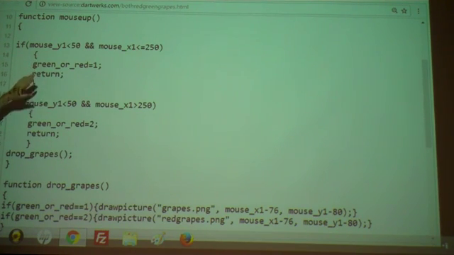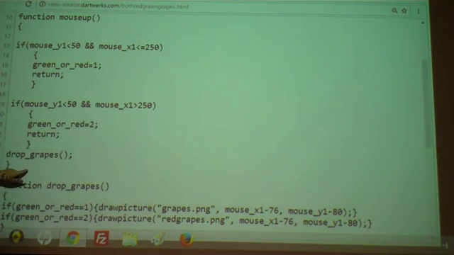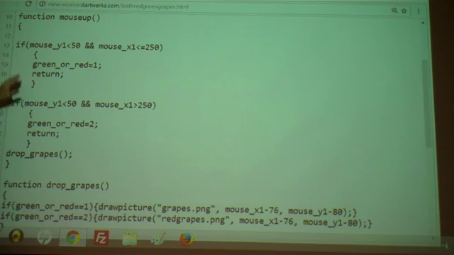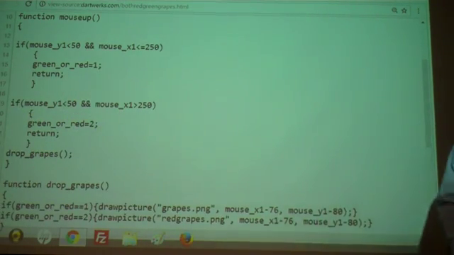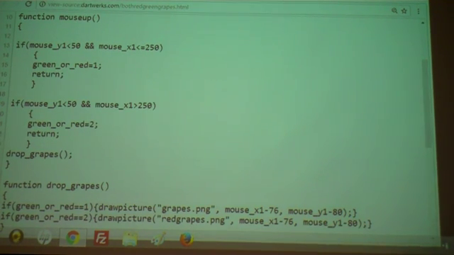Supposing it fails this test and this test, and then what happens is if it doesn't return for either one of those, then it must be drawing in the main area. So what you do then is you say, okay, draw a grape. Because you're in the main area now, you can draw a grape. So you go to this drop grapes routine, which is down here. In other words, if it's not in the upper left or the upper right, then it must be in the main area. Let's go to drop grapes and see what happens down there. What we're going to do is draw whatever grape we have in our tool. Okay? And so what happens then is